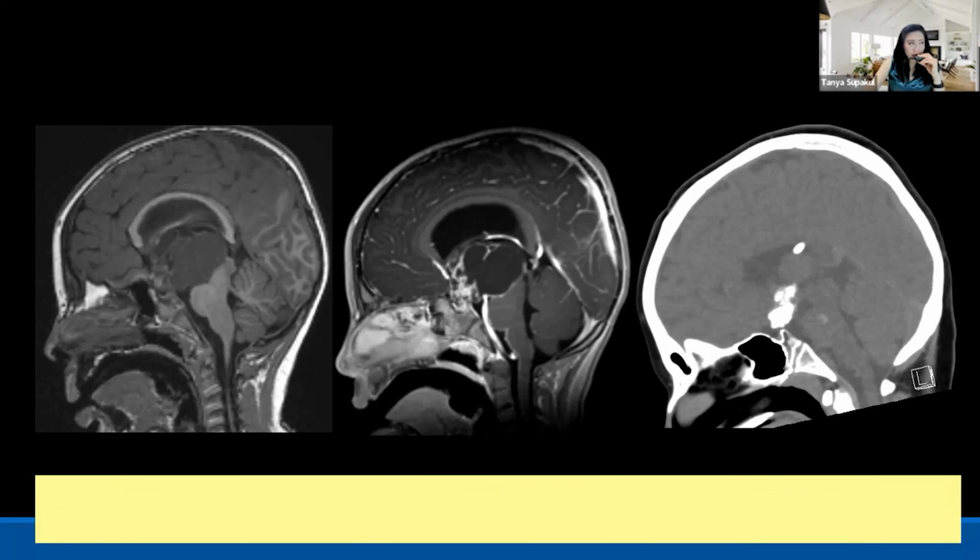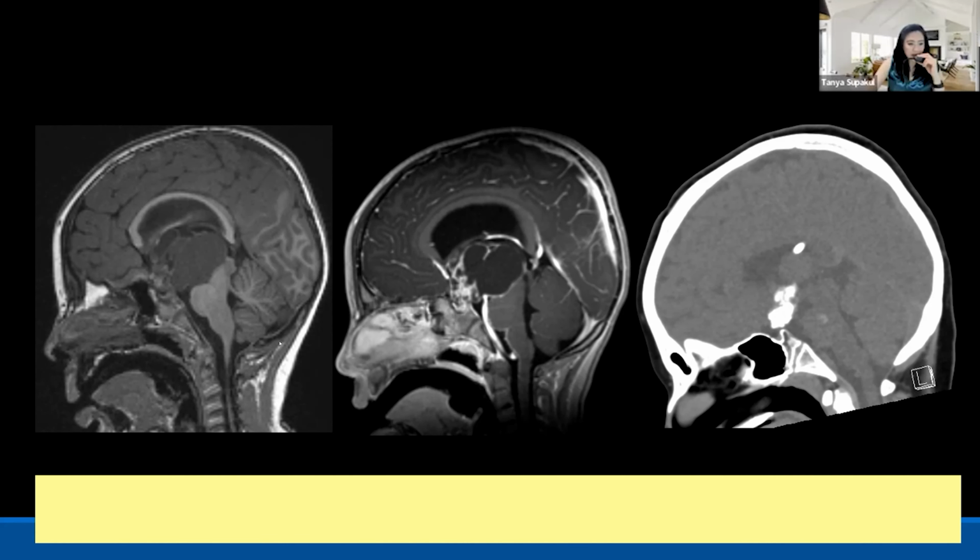Almost done with the anterior and posterior glands. Are you still with me? Any questions or comments for now? So we can move on. Yes. We can move to the next diagnosis.